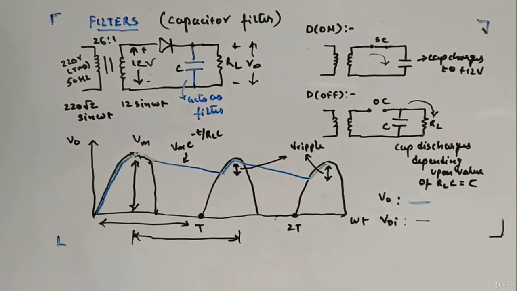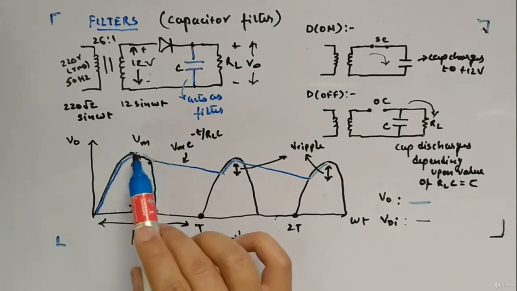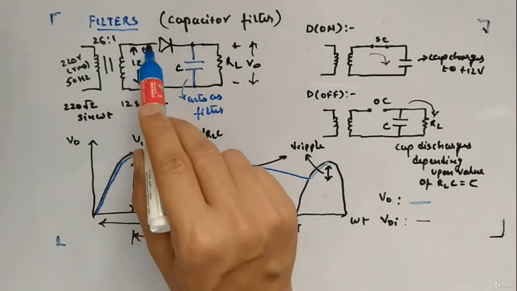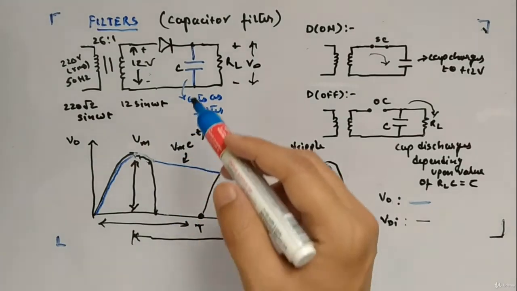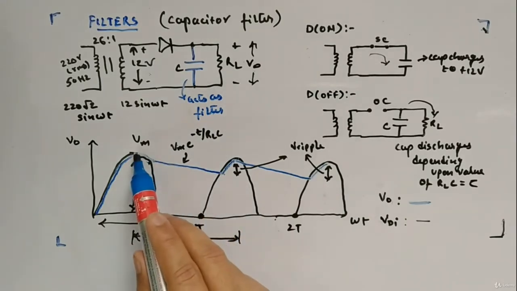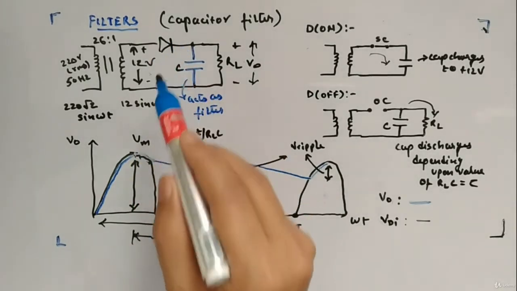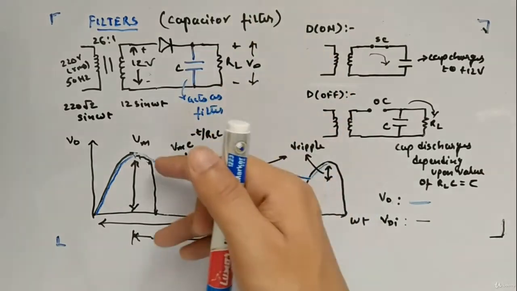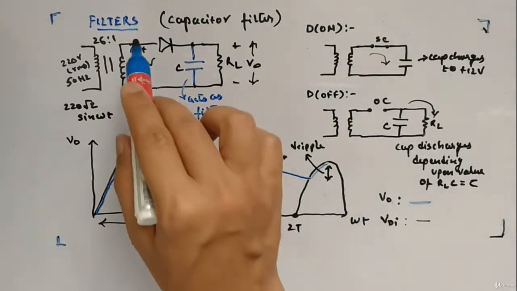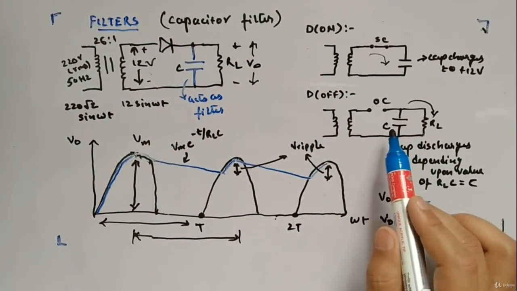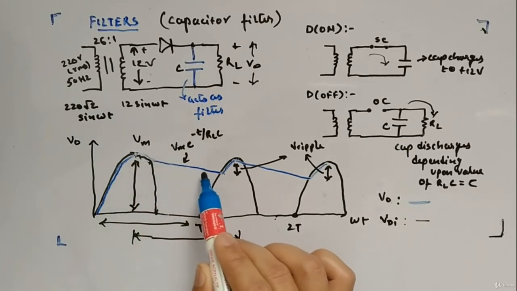Now the capacitor is charged, and if the input voltage goes below the Vm value, the input signal will look like this. It will have a negative half cycle as well, so the voltage here will now be less than the capacitor voltage. That's the reason the capacitor will hold its value and the diode will become off, because the input is less and the capacitor is charged to Vm. This is the scenario you will get. So the capacitor starts discharging.